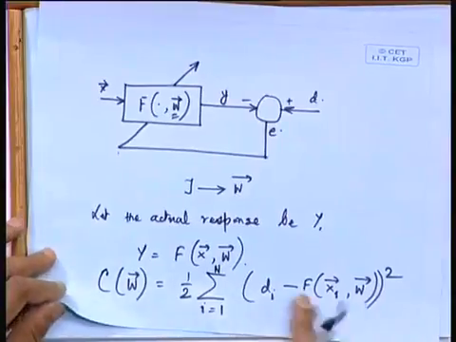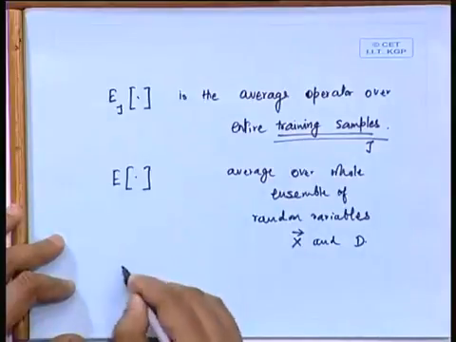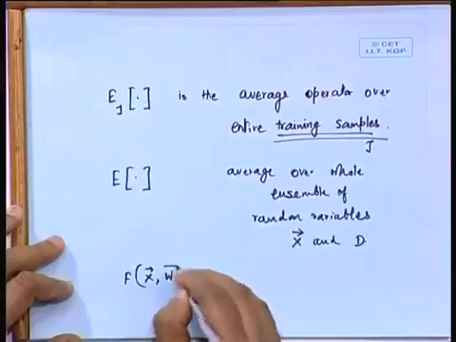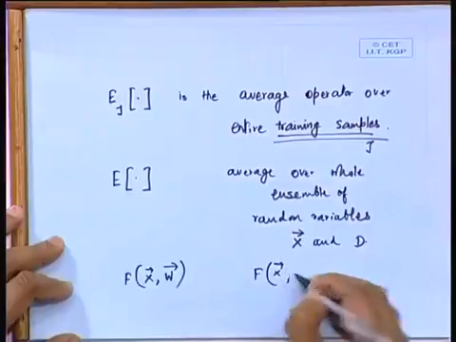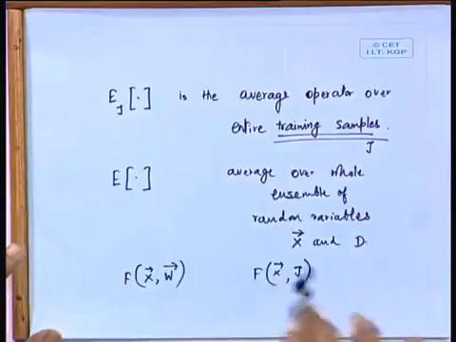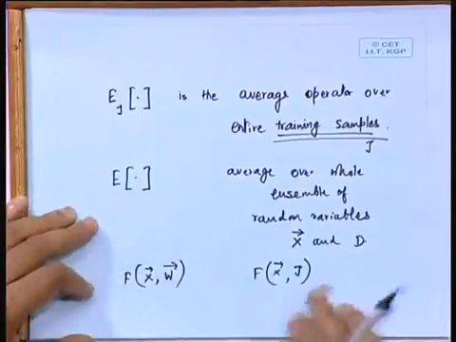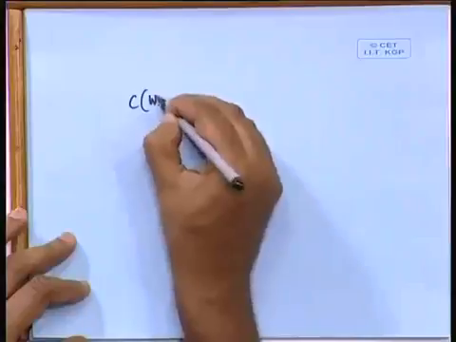So, instead of writing it as f(x, w), we could also write f(x, w) interchangeably as f(x, T), where T is nothing but the set of training samples. With that we can write down the cost function as follows: C(w) is equal to